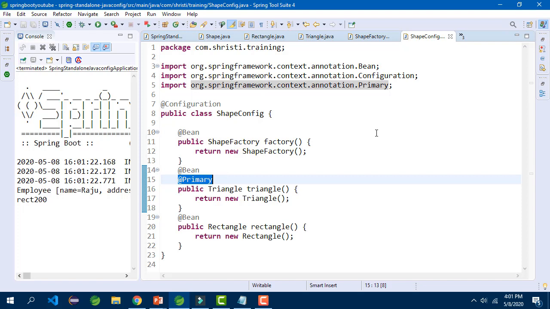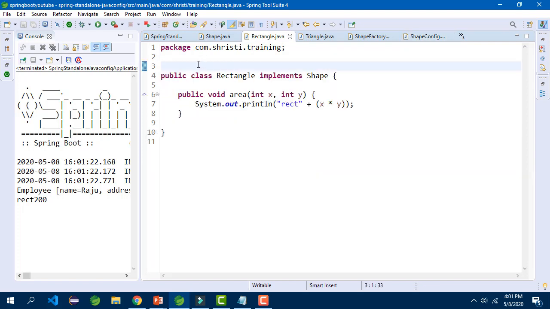And which one is the best one? Whether to use annotation based configuration or Java based configuration. If you are working with your own user defined classes, always go in for annotation based configuration because it is very easy. You just go and add @Component above the class. When you are working with inbuilt classes, you cannot see those classes, so you cannot add @Component.